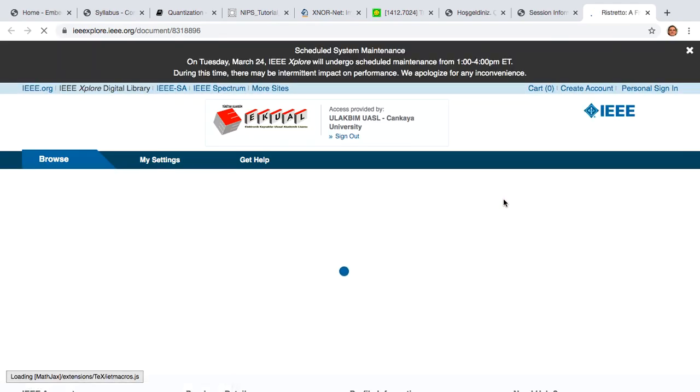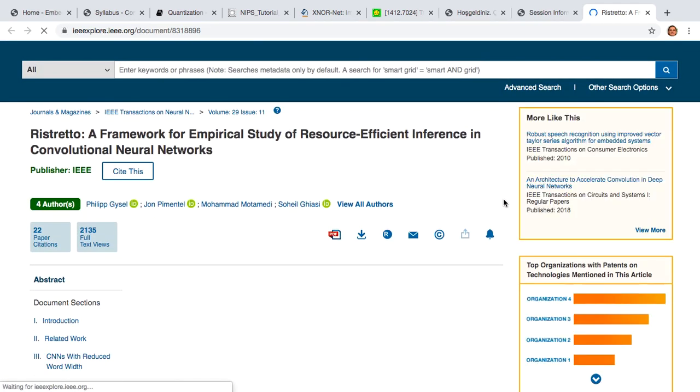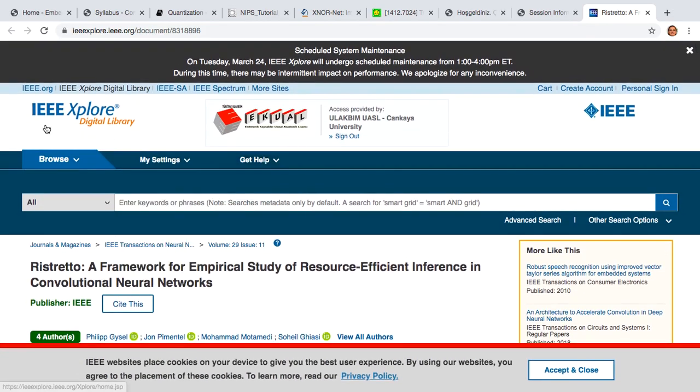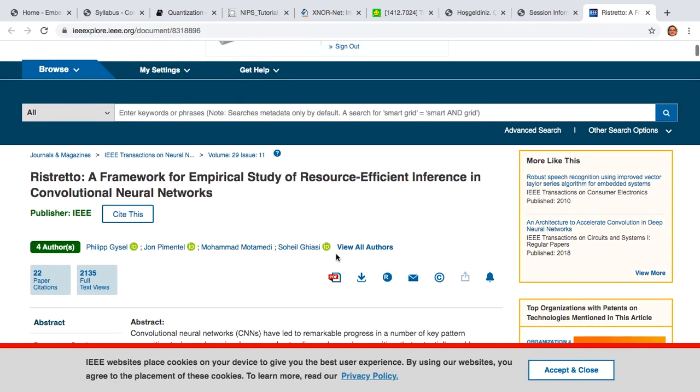So this is a paper. You could download it at school because this needs an IEEE Xplore subscription, which you can get at school. It's called Ristretto. Ristretto is a very nice example. It's a framework for empirical study of resource efficient inference in convolutional networks. What we've done in the previous video was an example of an empirical study of resource efficient inference, but they've done it in a more